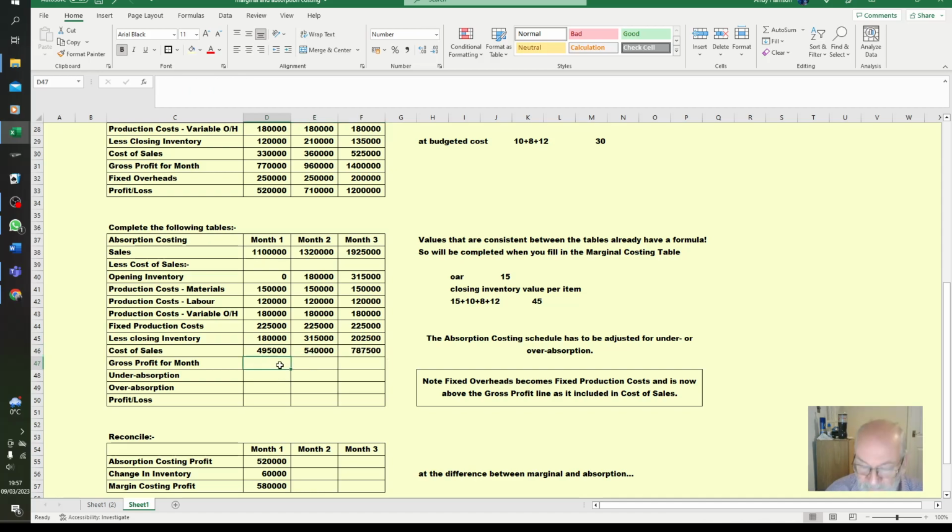but our gross profit for the month will change with it. So if you didn't know what was happening, you could be alarmed. Because our gross profit has gone from 770,000 down to 605,000, from 960,000 down to 780,000, and from 1.4 million to 1,137,500. And we've got to do an adjustment for under absorption because we only absorbed